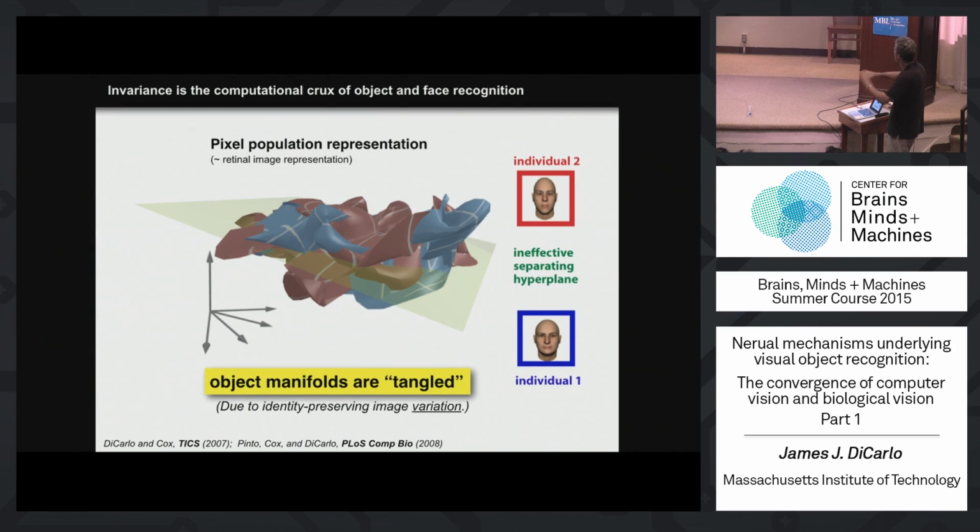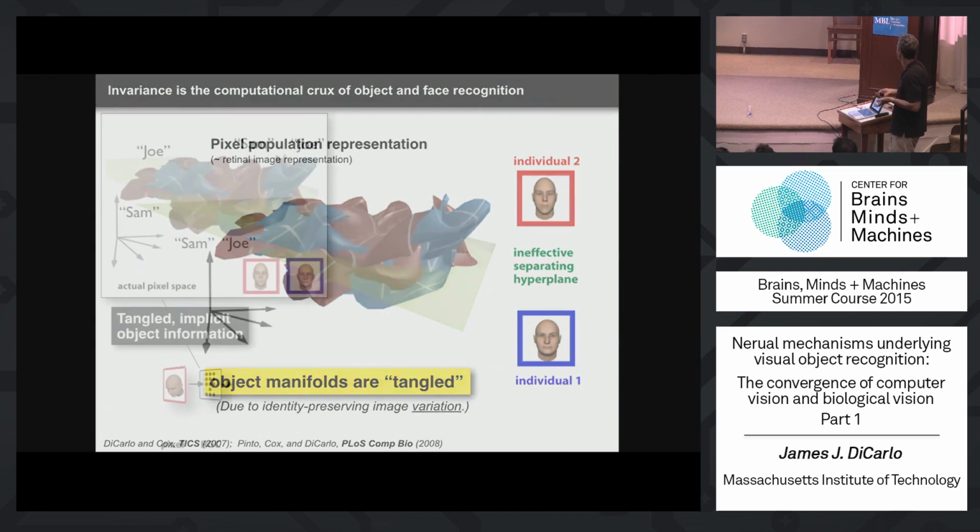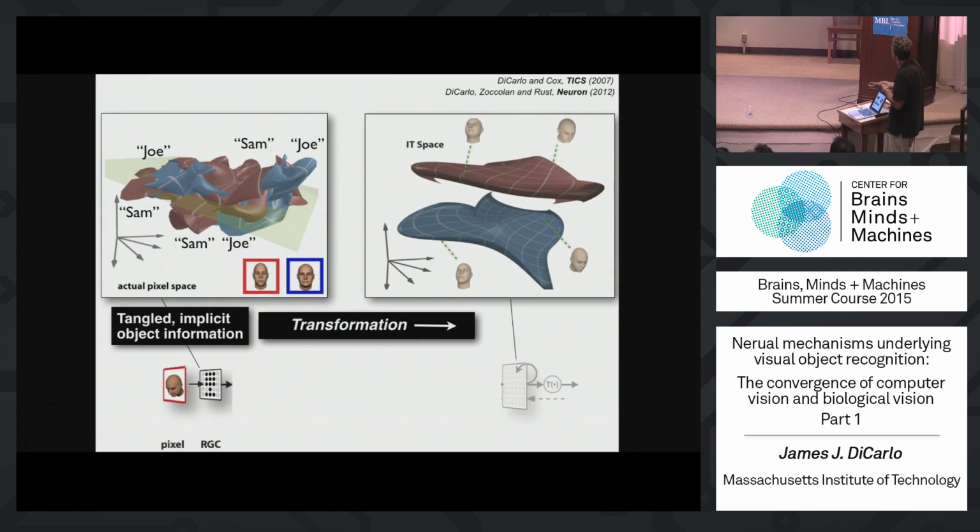Remember, if I didn't change those knobs of view or position or scale, there would just be 2 points in the space and it would be easy. That's the easy problem of listing objects. But if they have to undergo all this transformation, they become these complicated structures that need to be untangled from each other. So the way we think about the problem that's being solved is you have this retina sampling